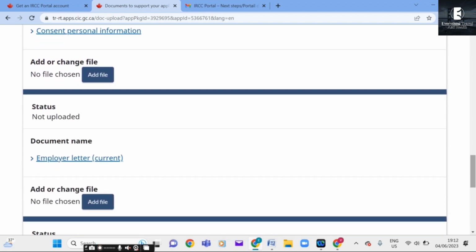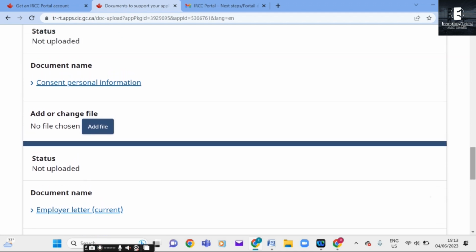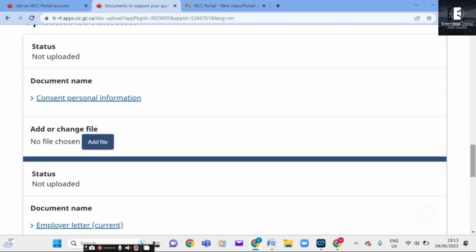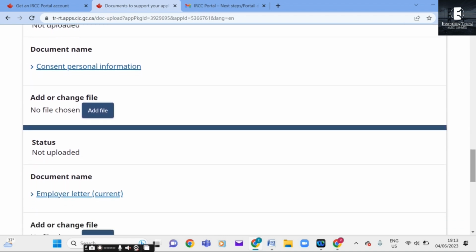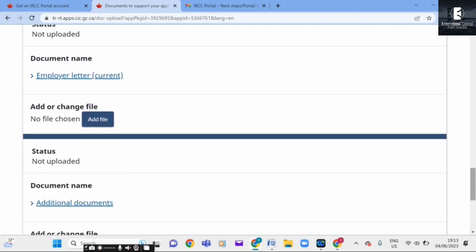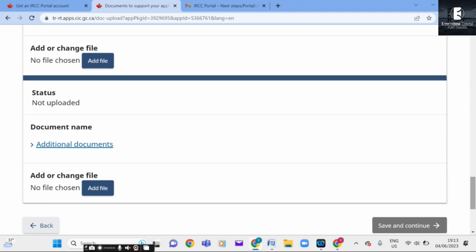You are to complete this form only if you authorize IRCC and the Canada Border Services Agency to release information from your case file to someone other than yourself. This is often necessary if you are using an immigration agency or expert to facilitate the visa processing. Employer letter. Additional documents. This could include a statement of purpose or explanation letter, where you explain in detail your